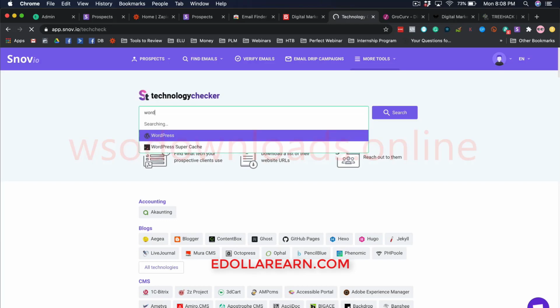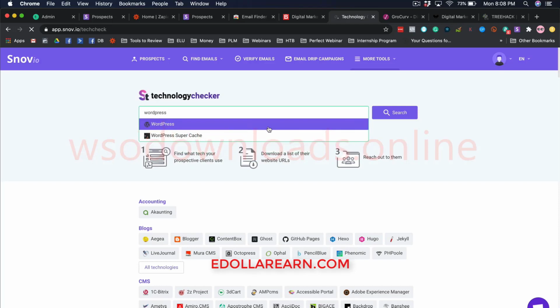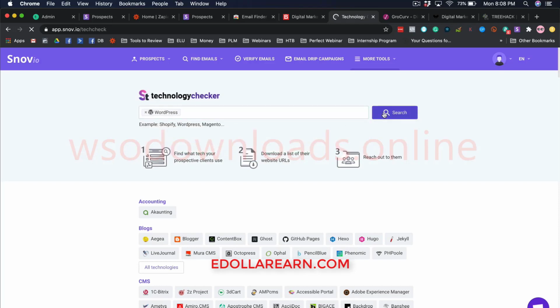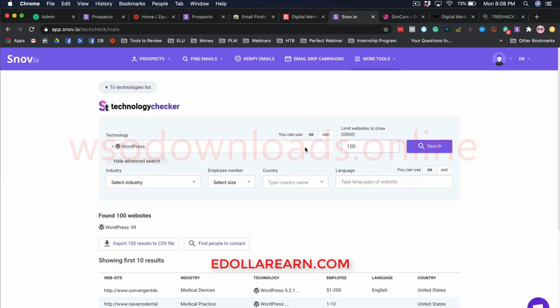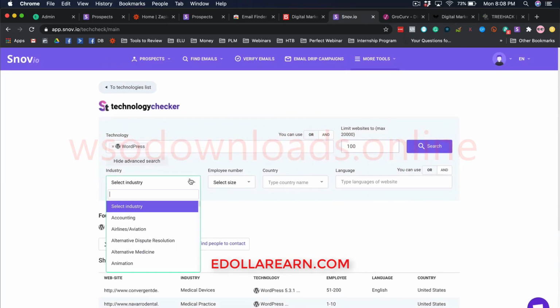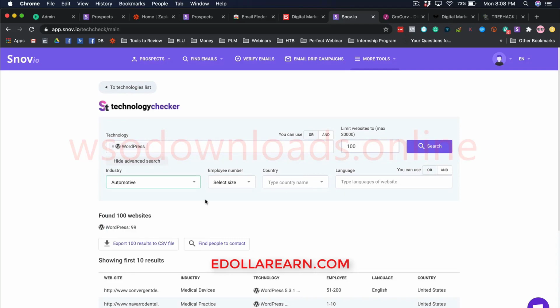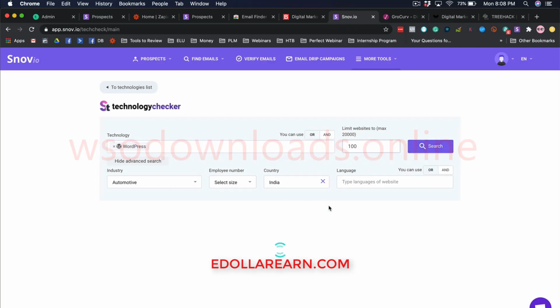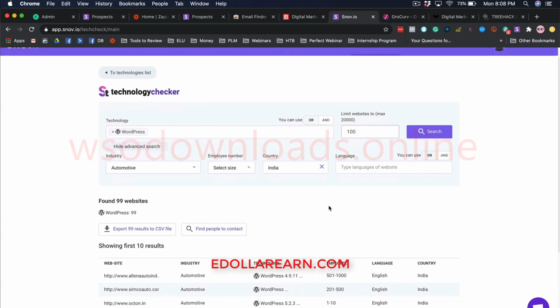So you can search for WordPress here, and if you click on WordPress and click on search, it will give you a list of websites which are using WordPress, but you can also filter it. So let's say I want to go ahead and look at all the automotive companies in India which are using WordPress. And let's say you are a freelancer or a digital marketing agency who is focusing on automobile companies and helping automobile companies get better traffic to their website and things like that.